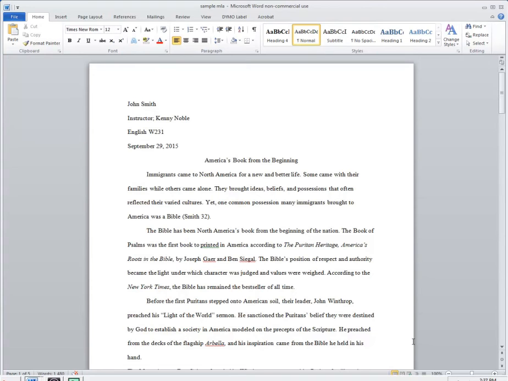There are numerous styles, but MLA and APA are the most popular. APA is usually used for the science classes, such as psychology, sociology, biology. And MLA, which stands for Modern Language Arts, is usually used for the humanities classes. And MLA style is the style that will be required for all of my classes, and it's the style that's used in all of our distance learning courses. MLA can get quite technical, but for the purposes of your papers